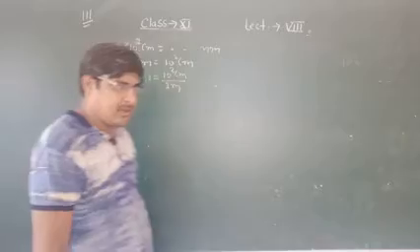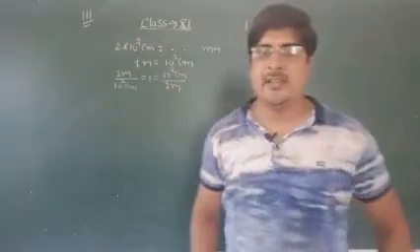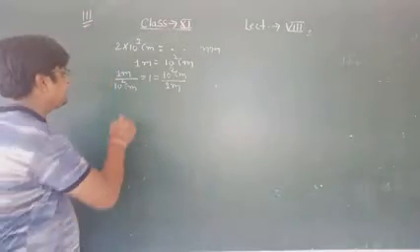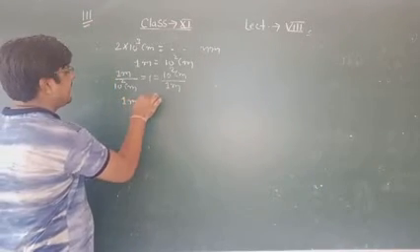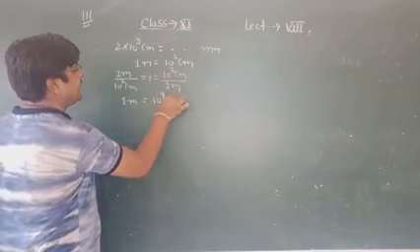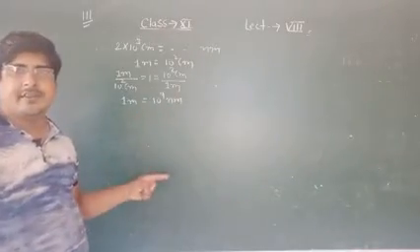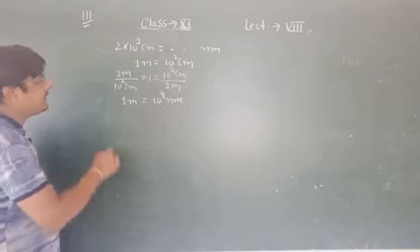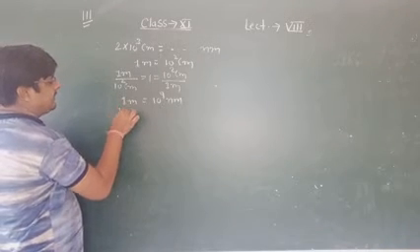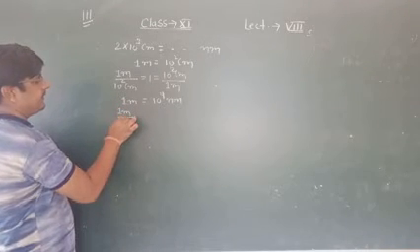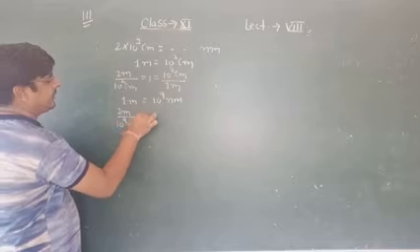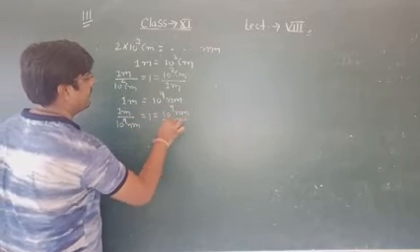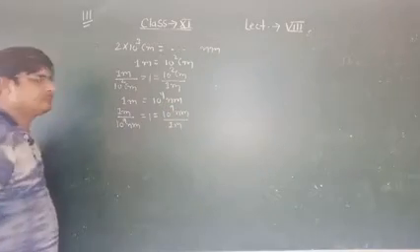Okay, and you know very well the relation between meter and nanometer. 1 meter is equal to 10 to the power 9 nanometer, and convert it into the dimensional analysis method or unit method. How can you convert it? 1 meter upon 10 to the power 9 nanometer is equal to 1, which is equal to 10 to the power 9 nanometer upon 1 meter.